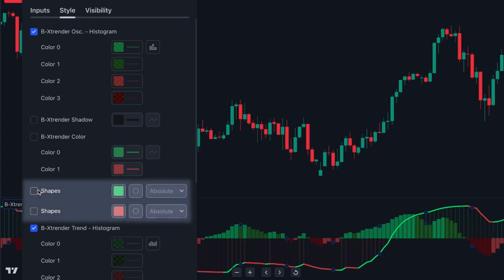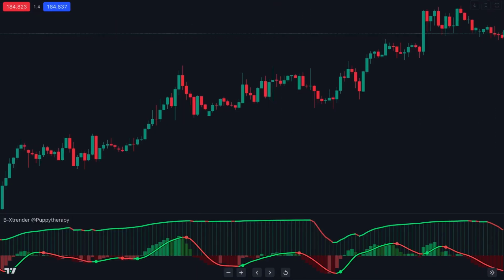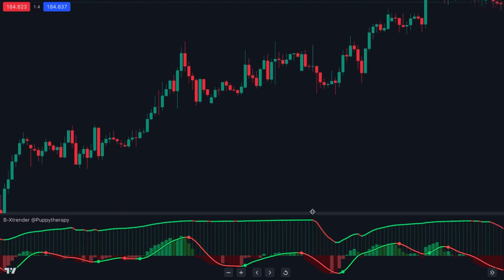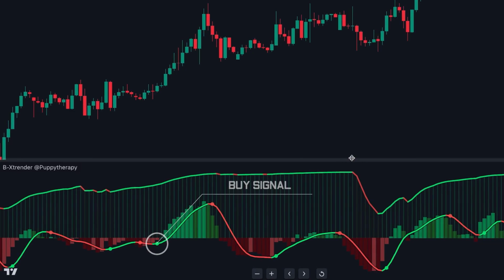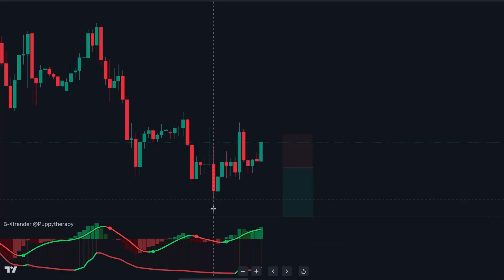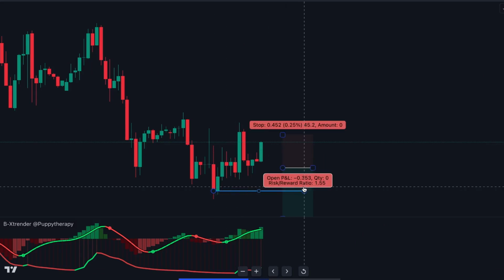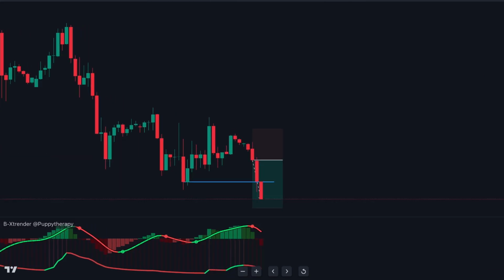And finally, let's re-enable our plots and shapes. These will be the trigger for our entries, enabling us to find the exact points we would like to enter the market. Green dots are buy signals, while the red dots are sell signals. Now that we understand how the indicator components work, now I'll show you how to utilize this tool on its own to catch trades such as this,